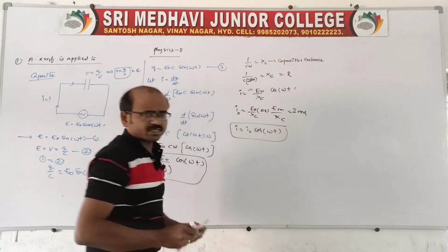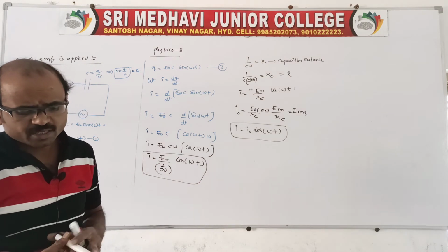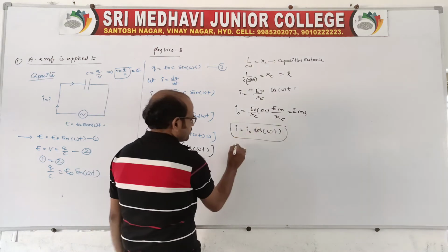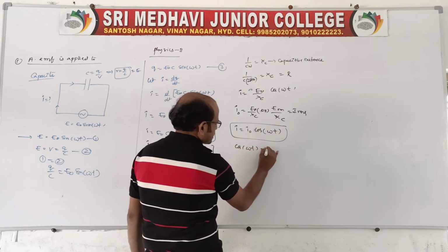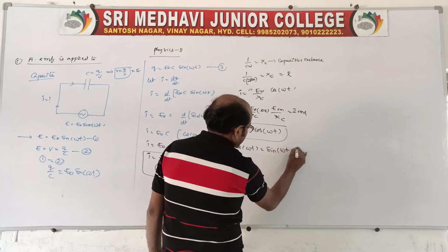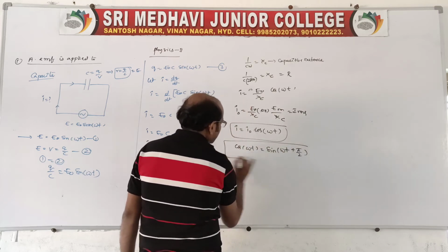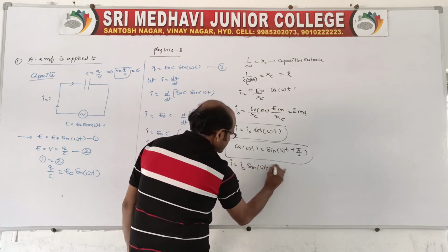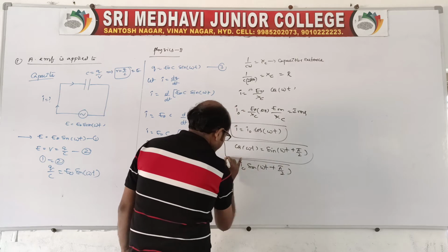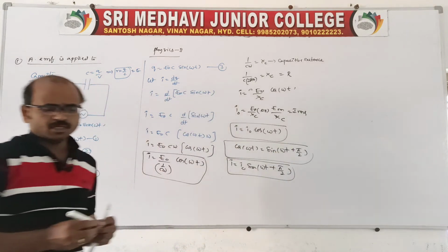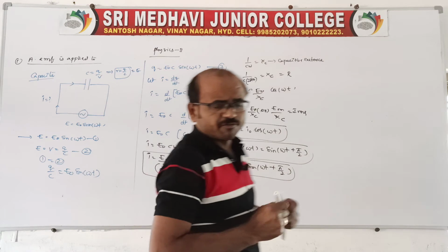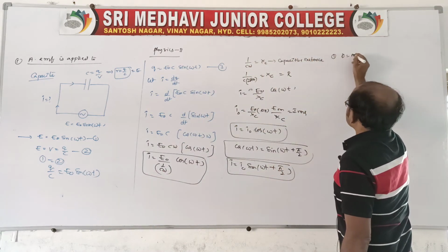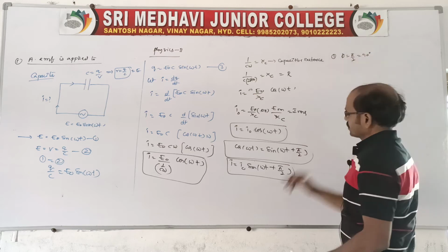There will be some phase, and it starts from somewhere else, from the maximum position. So instead of cos omega t, we can take sin of omega t plus pi by 2. Now I is equal to I naught sin omega t plus pi by 2. So there is a phase angle and a phase difference. Now let us draw the phase angle. The phase angle is pi by 2, that is 90 degrees.